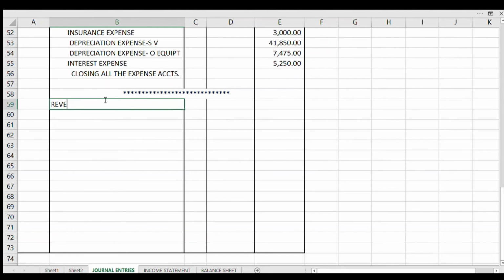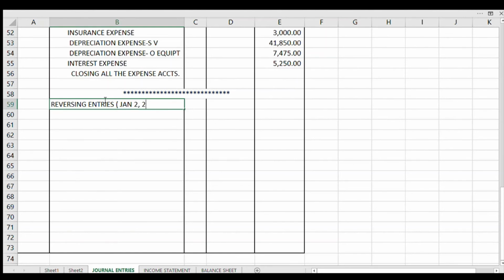What do you mean by reversing entries? These reversing entries are being done during the first